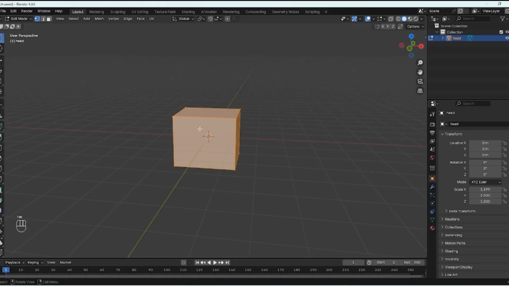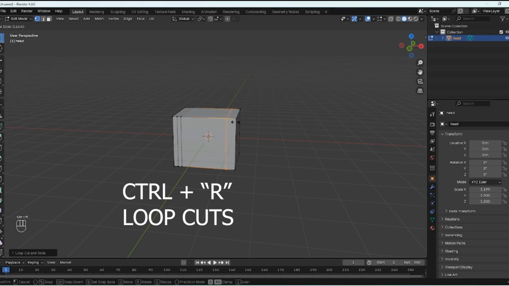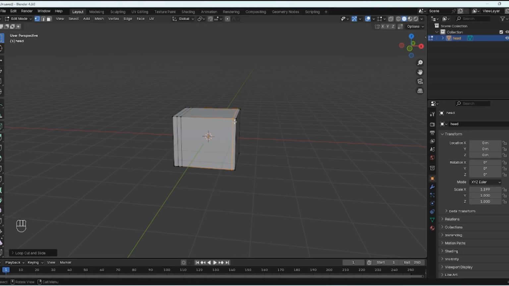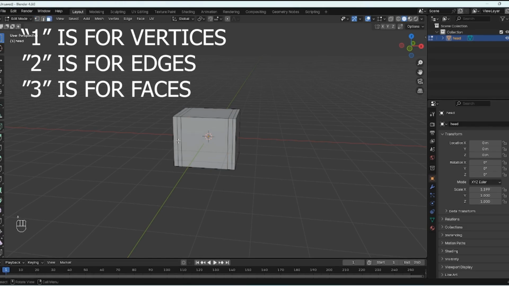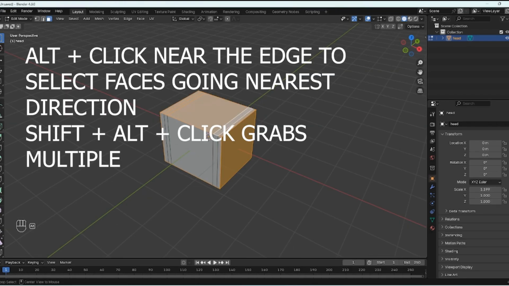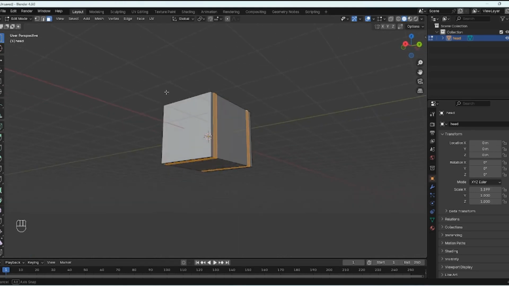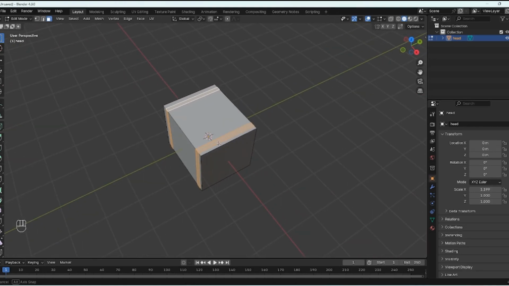Alright, now let's tab into edit mode, and what we're going to do first is add some little pieces of geometry. So I'm just pressing Control R and adding loop cuts, and I'm using my mouse to bring them over fairly close to the edge there, kind of like so. So now I'm just going to hit 3 on my keyboard, Alt click these, Shift Alt click those. And that way you will collect all these